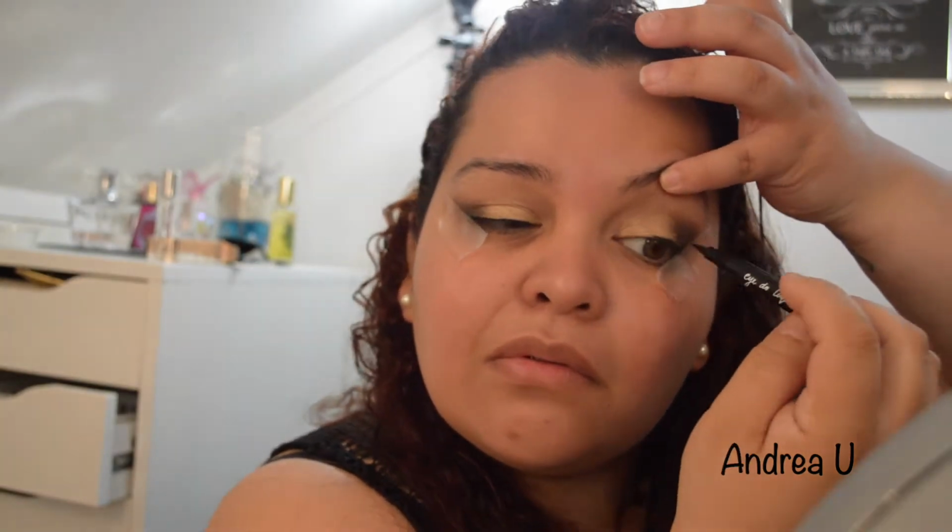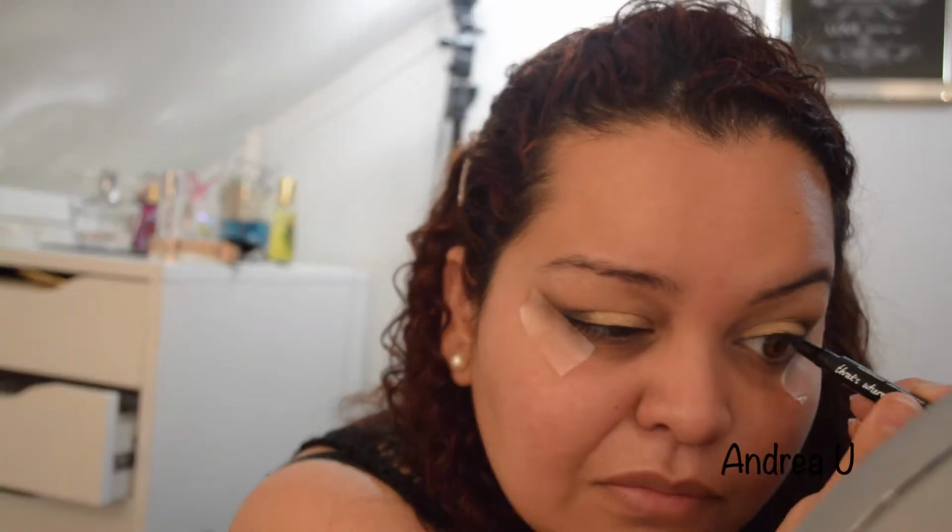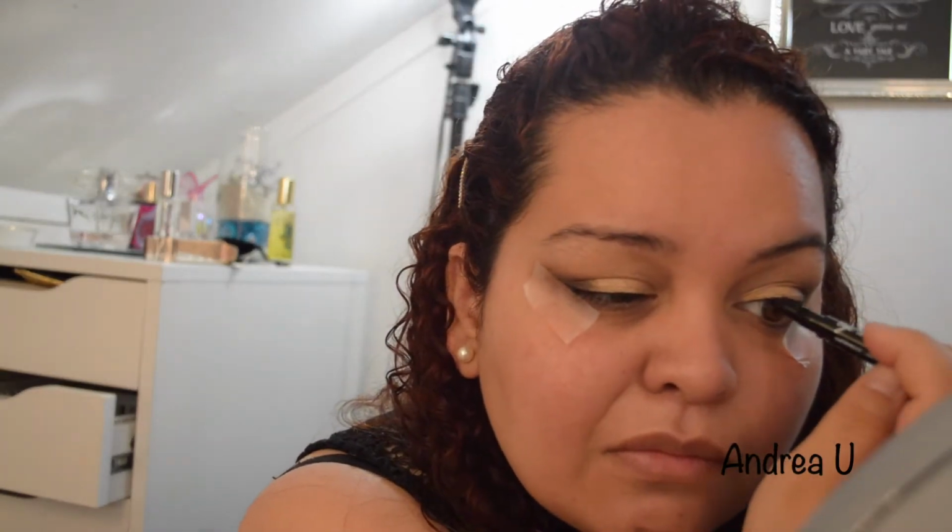Sorry, I had to keep blending. Just going in just to create a little wing. I didn't do a huge wing just because I didn't feel like I needed a big wing with this look. I just wanted to pretty much put the eyeliner on just for when I put lashes. At first I wasn't going to put lashes, and you'll see I actually do 2 different mascaras further on in the video, but for the same reason I was like, oh no,